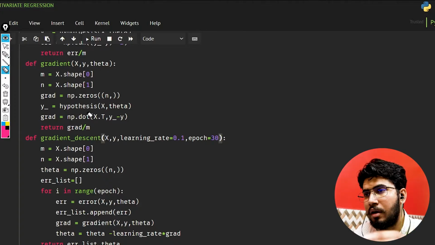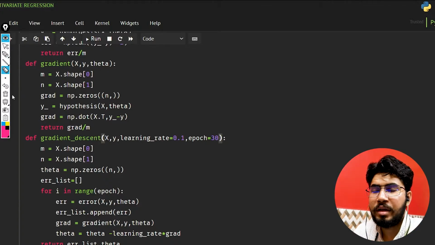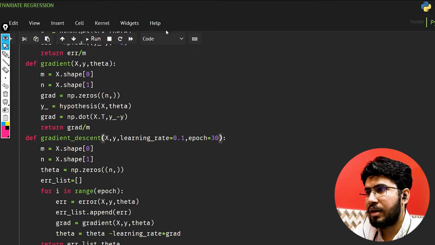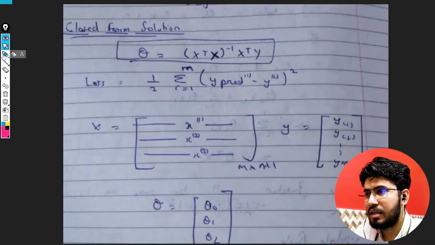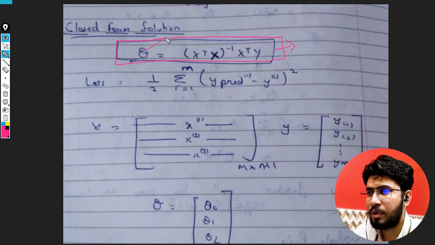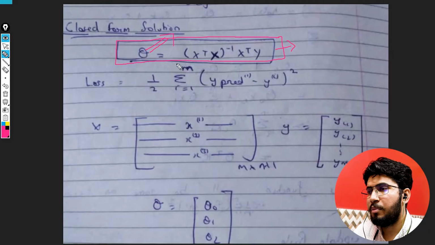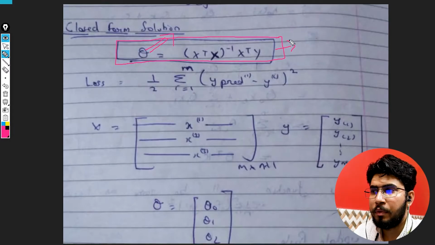If you have a normal size data, not a very big data, then what you can do is use closed form solution, and by using this formula you can just get the optimal values of theta, and you do not have to do anything. Literally you just have to use this formula and you will get optimal values of theta, and we will see in the next video how you can get optimal values of theta using this. But for now, as I said, this is only going to work if your data is not big.